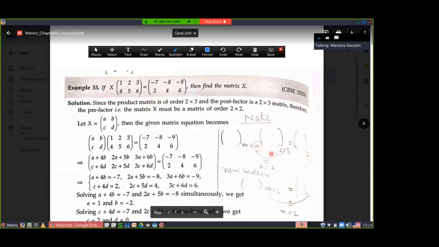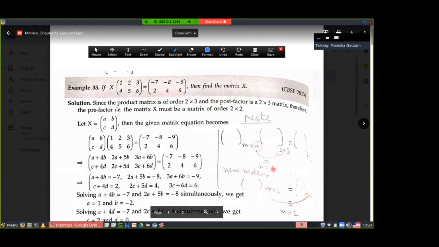Now from here, two matrices can be multiplied only when the columns of the first matrix and rows of the second matrix are equal. It means n is equal to 2. The value of n will be 2. Now for m, when you multiply these two matrices, you will get a new matrix with the order of rows of the first matrix and columns of the second matrix. It means you will get a new matrix of order m by 3. But the answer on the right hand side is order 2 by 3. It means you can find the value of m by comparing left and right side. The value of m will be 2.